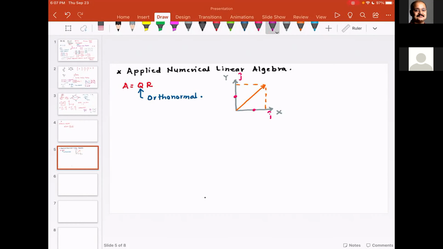And believe it or not, the same thing occurs in the case of SVD. If you have a square matrix, you can do the eigen decomposition. If you have a rectangular matrix, what you have is U sigma V transpose. Again, the idea is you have this basis matrix, which is orthonormal.